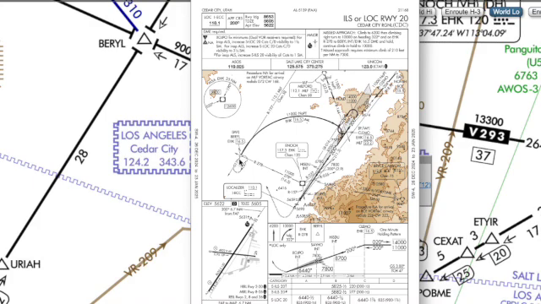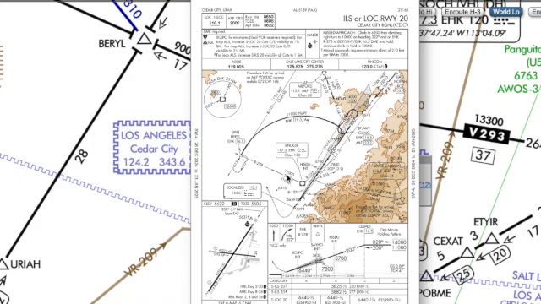They're going to say something like Cirrus X-Ray Yankee Golf cleared to Burl, 16.5 DME arc, ILS 20. So then you'd read that back, and you're basically cleared for the approach. So at Burl, we're going to start our 16.5 DME arc. That's what this little baseball diamond represents here. So we're basically going to track